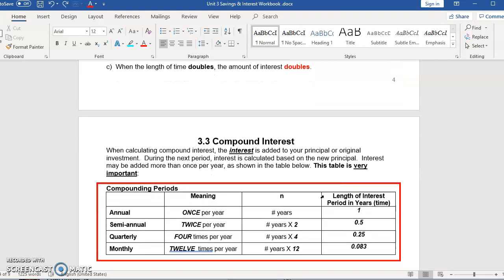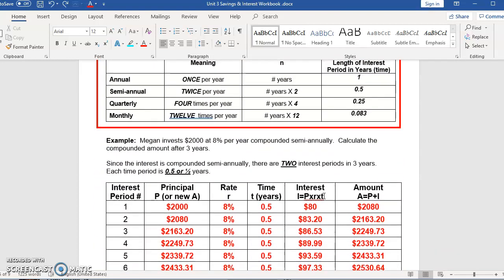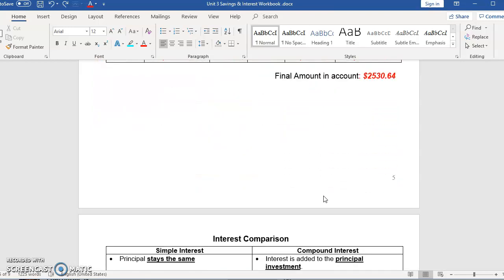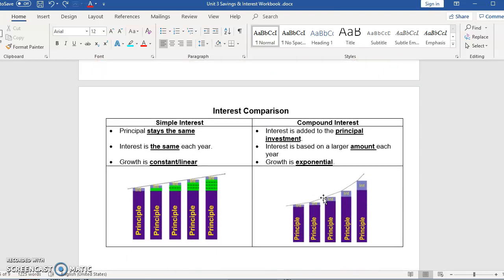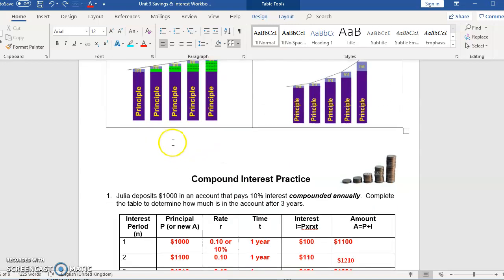This is the trickiest one, compound interest. So I'm going to talk about what the main difference between the two of them is. So simple interest, the principal amount stays the same every time you calculate your interest. So if I invest $100 and I get 2% interest on that $100, so let's type that out here, $100 and I get 2% interest,